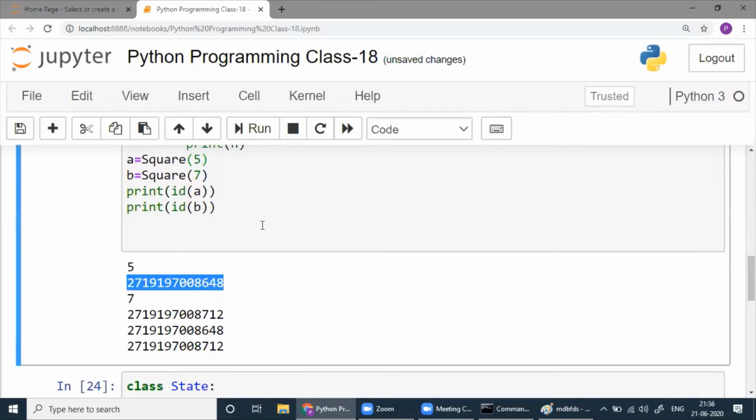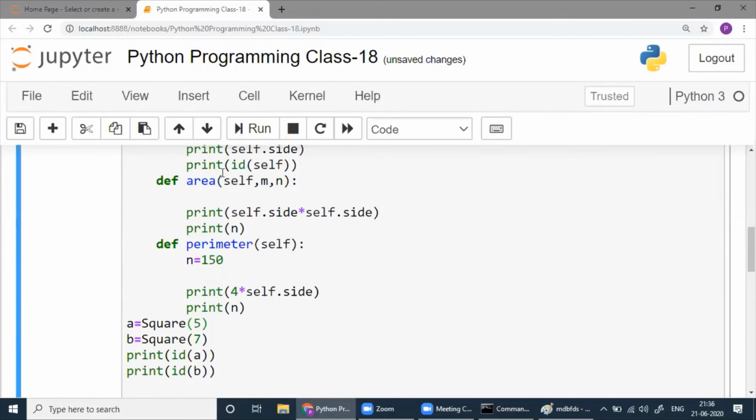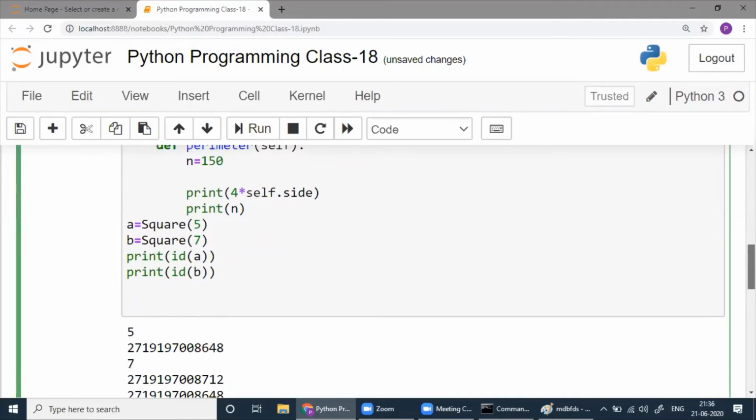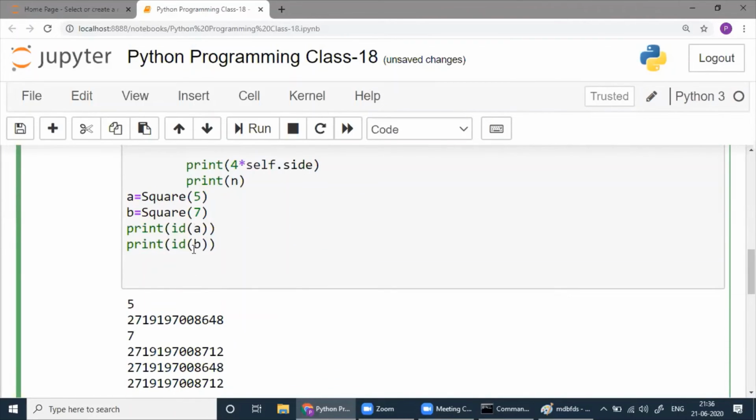The first one we got 48 here, ID of self 48. And what is ID of A and ID of B? You forget about these two, 5 and 7. We are interested in ID.